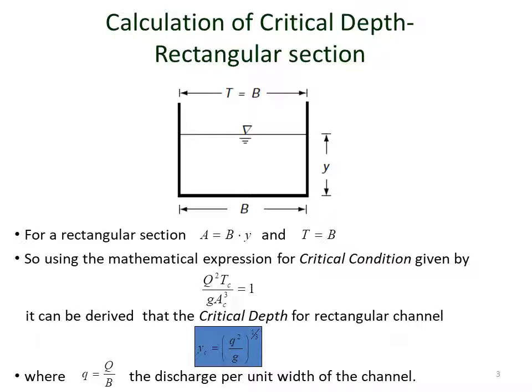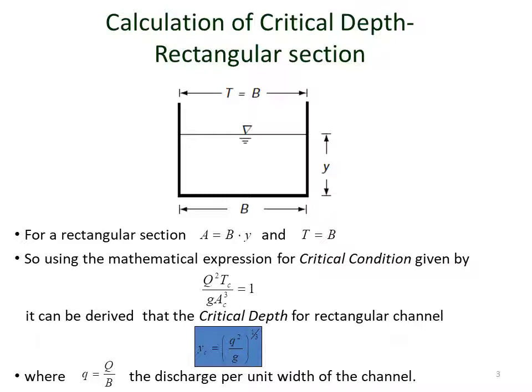So we are going to, of course, invoke the mathematical expression for the critical condition, which was derived and discussed extensively in the last lecture. And so we are going to invoke that, which is given by q square into capital TC by g into capital AC cube is equal to 1. And using the above relationship for a rectangular channel, it can be easily derived that the critical depth of flow for a rectangular channel can be given as